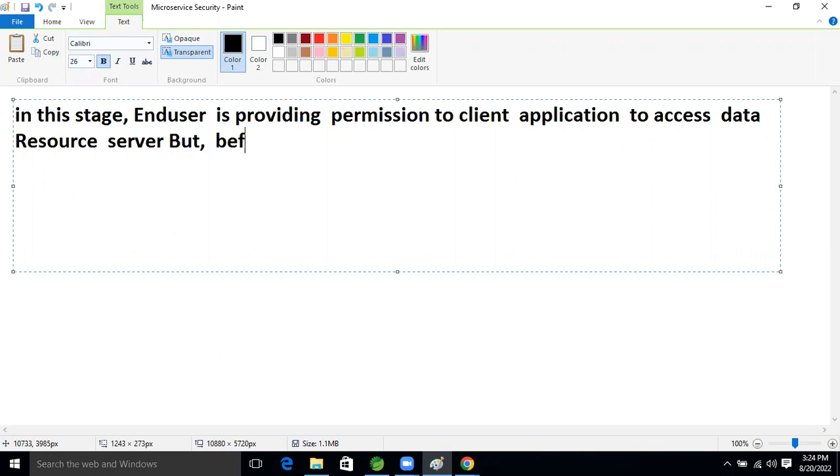But before accessing data from the resource server,